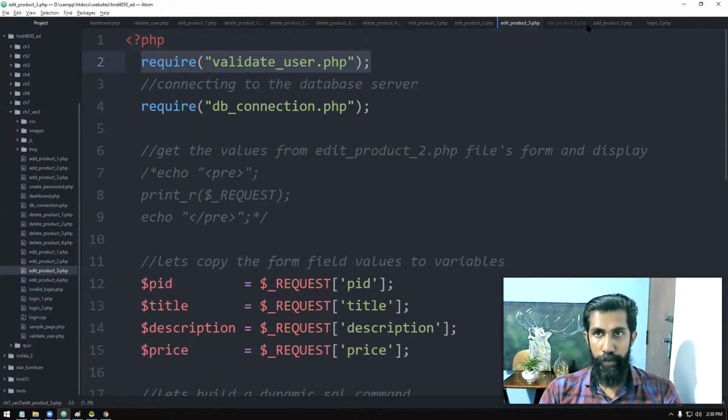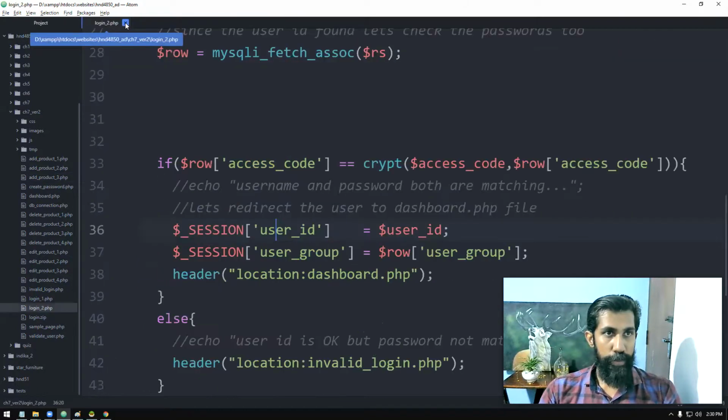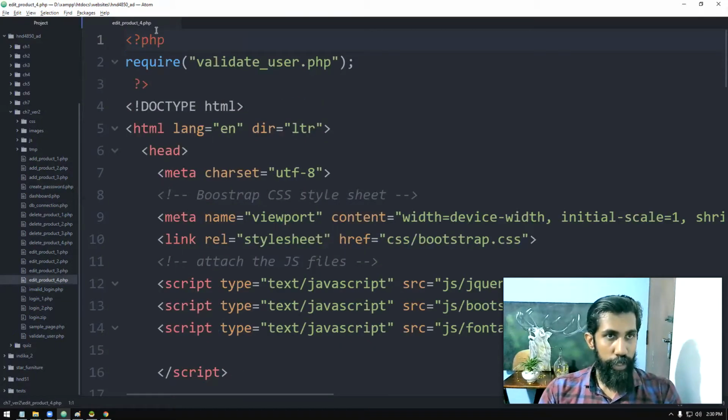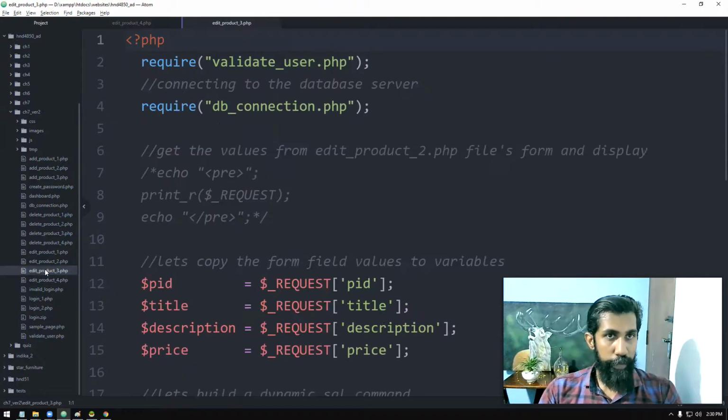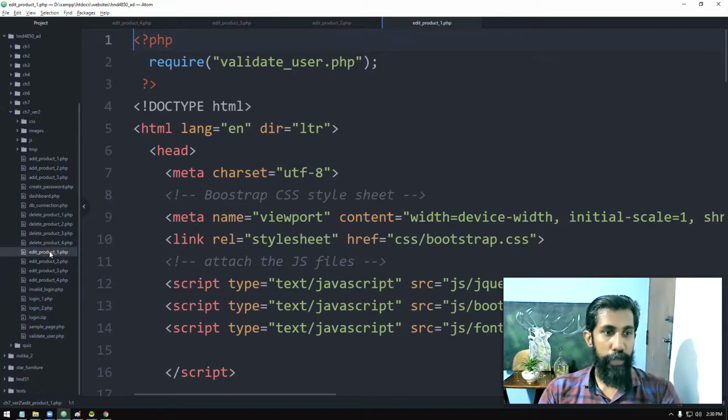So let me close the pages. Make sure every page is done properly. Don't put it in the invalid page, otherwise it will loop. So edit product 4, edit product 3, edit product 2. Yes, it's there. So now the pages are restricted.